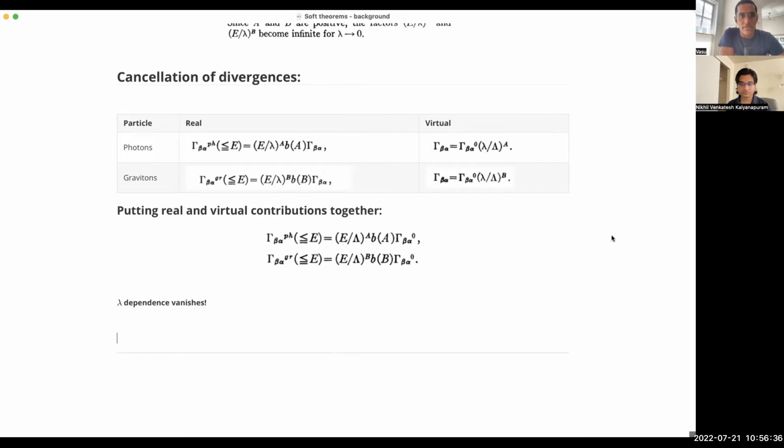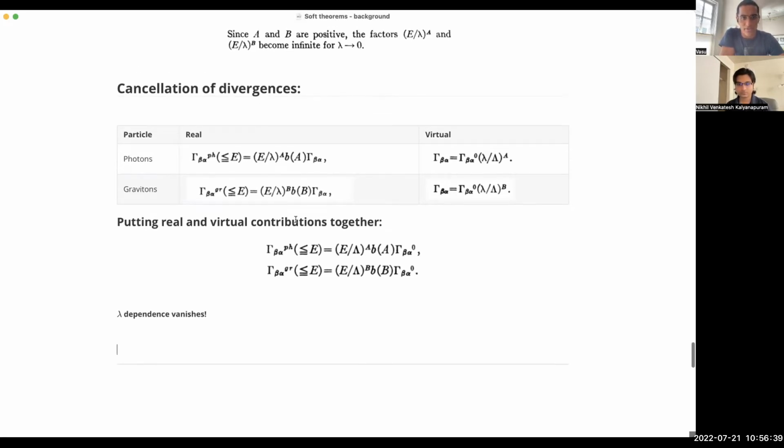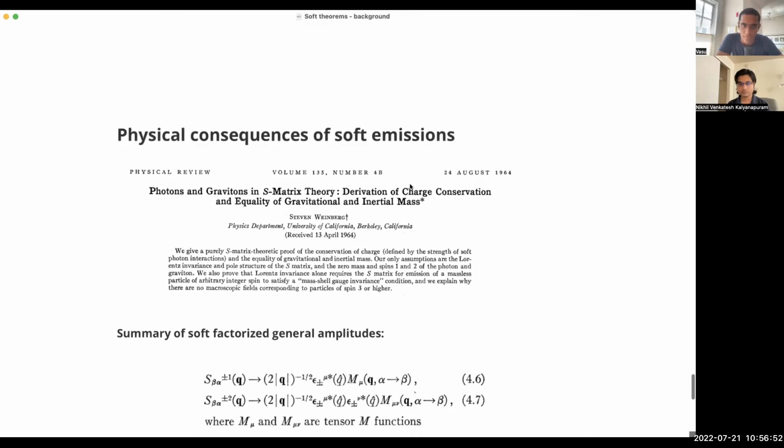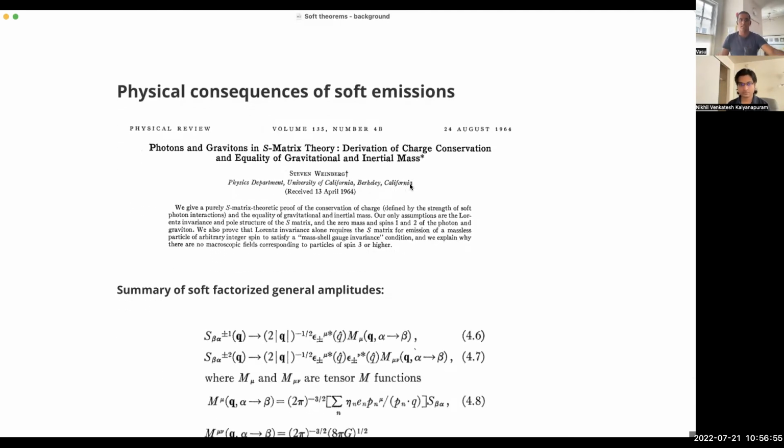So that is basically our set of basic results for the IR divergences and how they cancel. And what we'll look at next is actually a paper that came out a year before, right, which is the physical consequences of the soft emissions. And here we can be relatively quick, but we can appreciate some of these facts a little bit more. The fact that we haven't really appreciated is that so far we have obtained these results where the rates have a factorized form when we go to the soft limit. But that came from the fact that the amplitudes also have a factorized form when we go to the soft limit, right? And in particular, if we just look at the real emissions, then basically in the soft limit, the